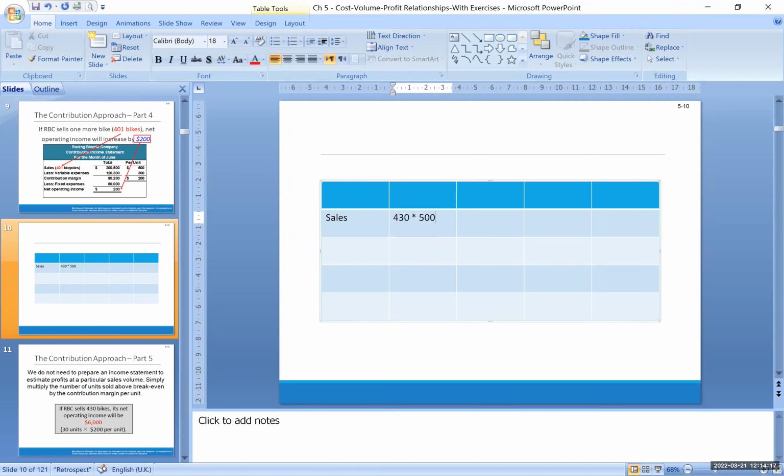The price is constant; we don't have any discounts for units or volume. So 430 times 500 equals